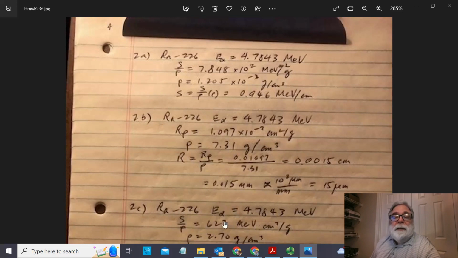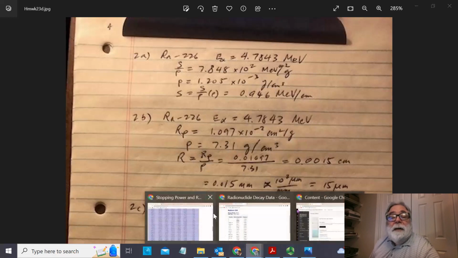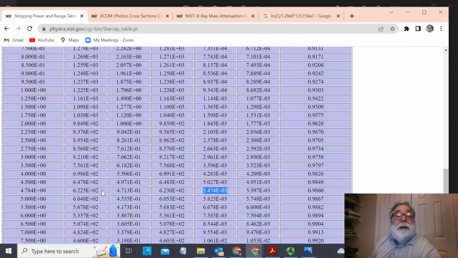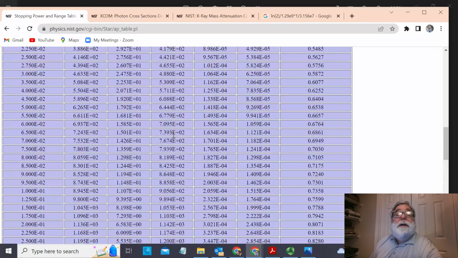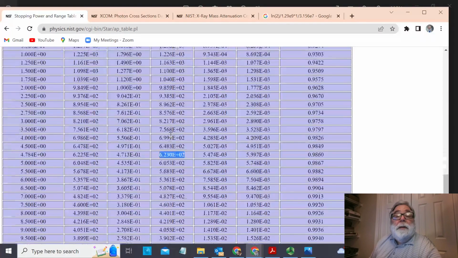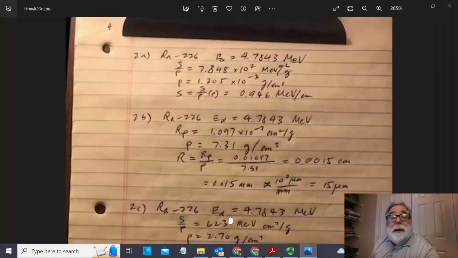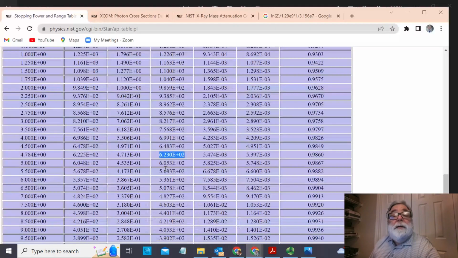Oh, I don't want the range. I wanted the attenuation coefficient. Sorry, I read the wrong number. So the attenuation coefficient is right here. This is the total attenuation coefficient, and that's 623.0. So we'll go back here, and I've got 623.0, and the density of aluminum from my database here